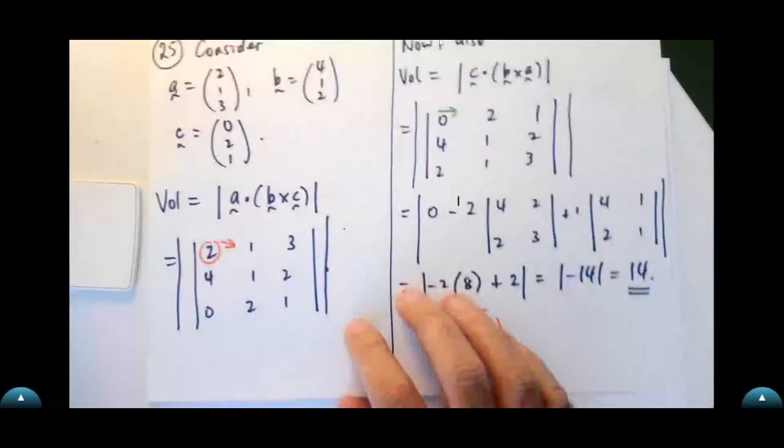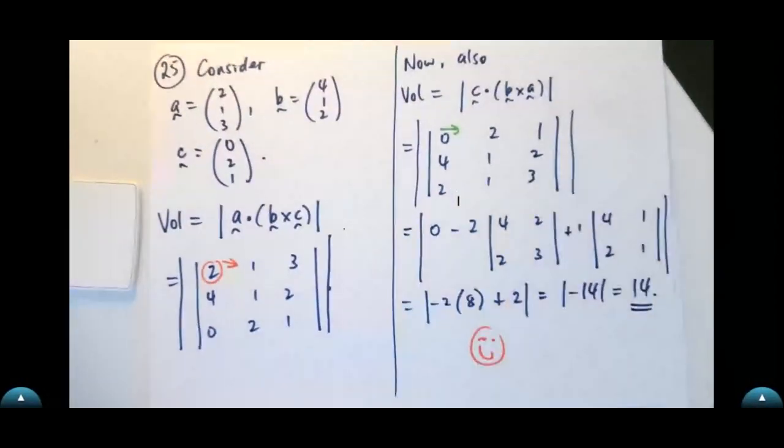Okay, so here's the previous question. I need the hotkeys to go between cameras, right? It's very slow. So here's the previous question, and here is the upcoming question. Okay, so